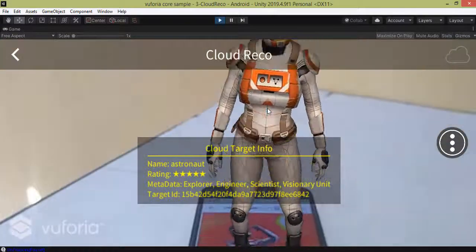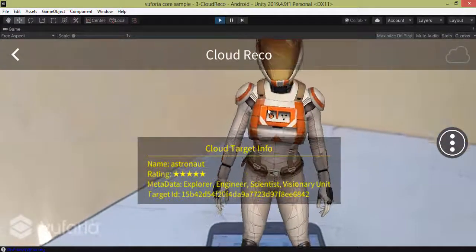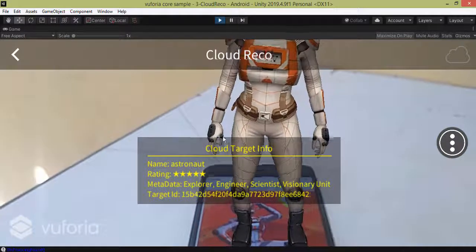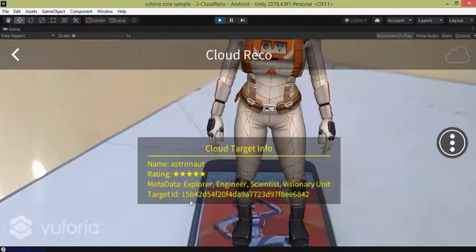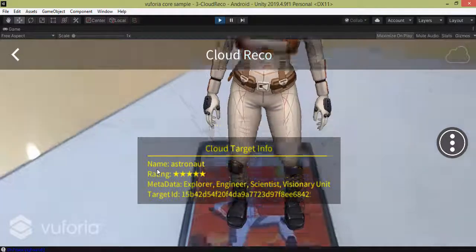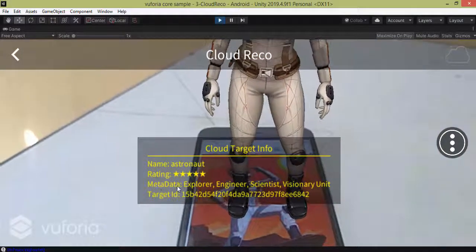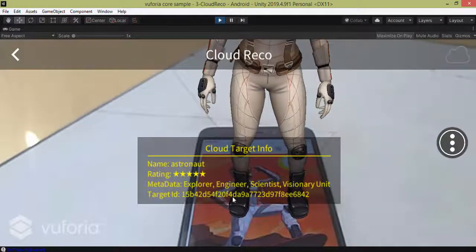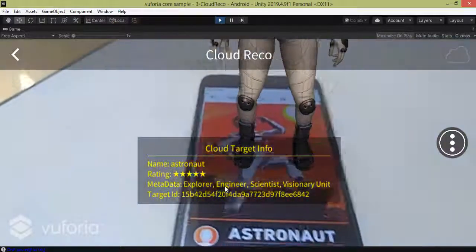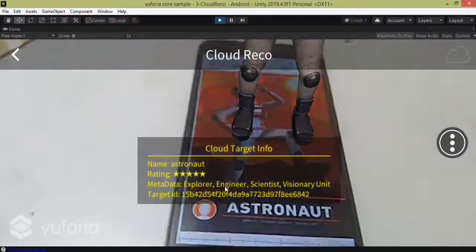You will see the astronaut has appeared here, and with the astronaut you also see some information has appeared here, like the name is astronaut, rating is 5, and the media data and target image. And now I'm going to change my image target.